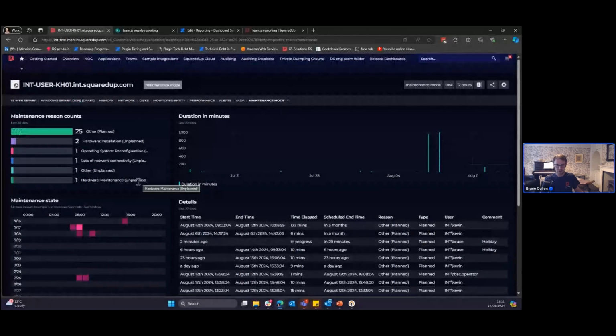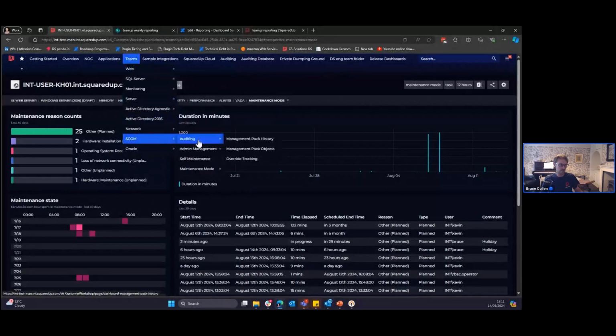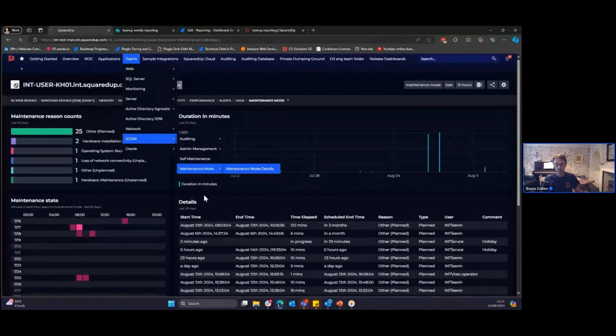Now, this data, we're just pulling this from SCOM's SQL databases, but this data is not available in this form from the SCOM console. So we're hoping that you find this useful. The other piece of this dashboard pack is under Teams. If you go down to SCOM, we have maintenance mode details over here. So if I click this guy,